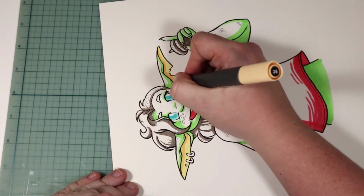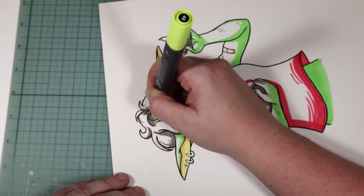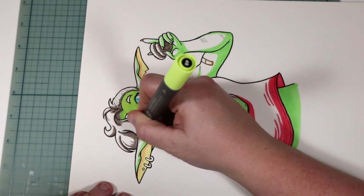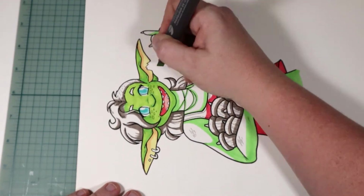Once the shadows are all laid down, I start grabbing my flat colors and coloring in, making sure to also color over top of my shadows so that all the colors blend together. Aside from accidentally hitting a few of her teeth with the green, oops, I'm pretty pleased with the outcome of